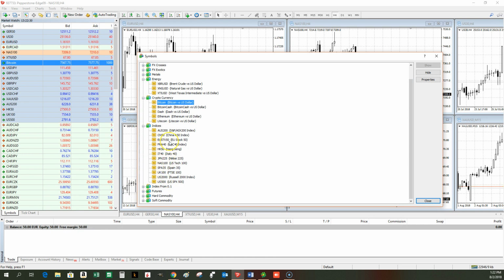Indices, you can open a position, but for instance on the Nasdaq, if you open the smallest position, you will have a margin of $36, which is half of your account, and that is very dangerous. If you want to open several scalping trades, it's impossible to trade the Nasdaq.